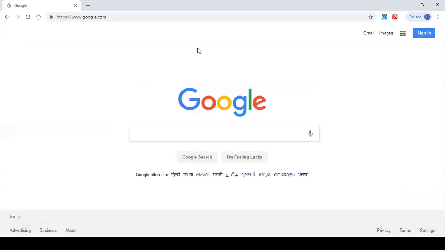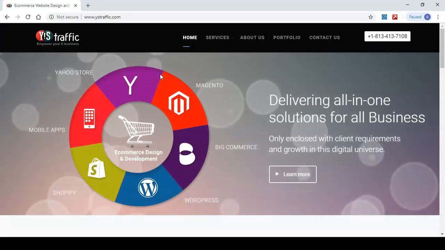We are often asked by beginners what a domain name is. Domain name is the address of your website that people type in the browser URL bar to visit your website, such as google.com or viastraffic.com, which represents my business. You can buy domain names from many companies. These companies are called domain name registrars. GoDaddy is the world's most popular domain registration company and the biggest domain registrar in the world.